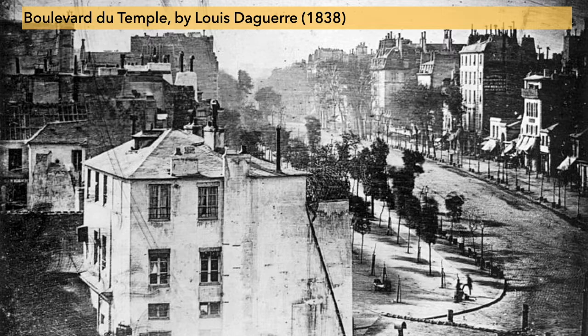Okay, how about photography? This is the earliest known photograph we have of, by anybody, by Louis Daguerre in 1838. The Boulevard du Temple, the Temple Boulevard. 1838, that's a long time ago. Why does this matter? Well, we looked at paintings in the early 19th century just a second ago. Very, very realistic. In fact, there's far more realistic paintings even than that. With the advent of the precision of scientific measurement and engineering, with the advent of precise photography, you can take a picture like this and see exactly what the street looks like.